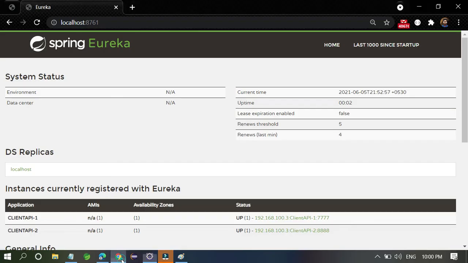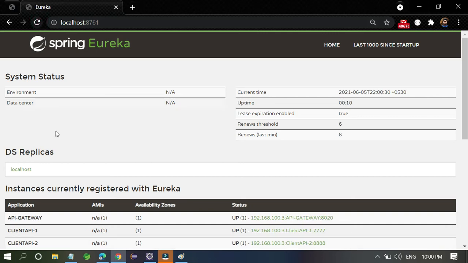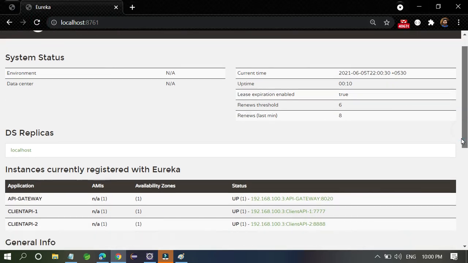Just go here and refresh. Oh my goodness, automatically our API gateway is also registered with Eureka server. Right now I have 4 applications: one is Eureka server, one is API gateway, and two are our services, like input and output.